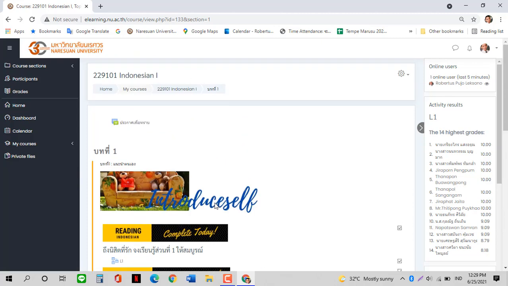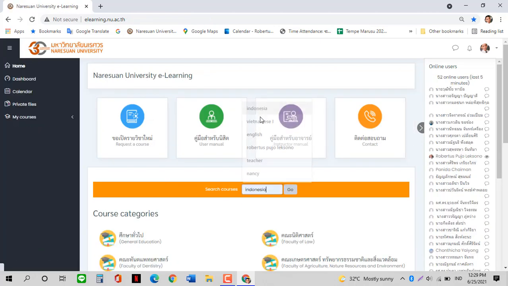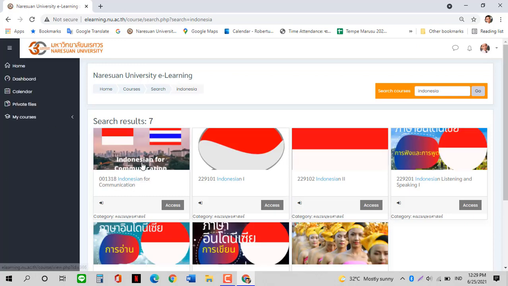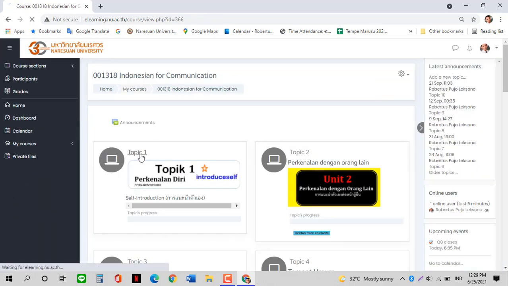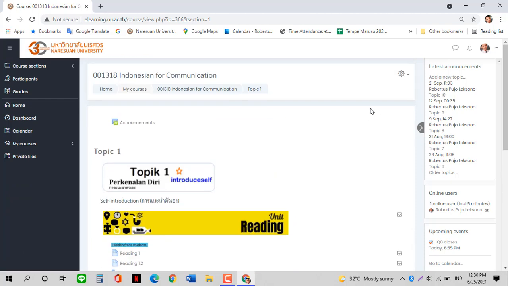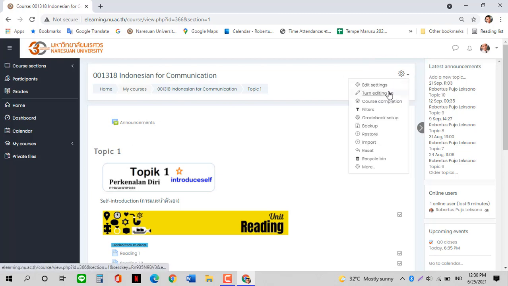Okay, so this file comes from course 229101 Indonesian 1. I will copy it to the course Indonesian for Communication 001318, in Unit 1 too. So we click Unit 1. The first step, again, is to always come back to the gear button and make sure that turn editing is on. Okay,